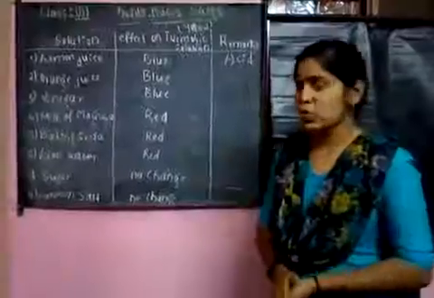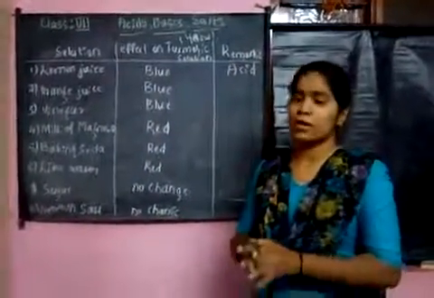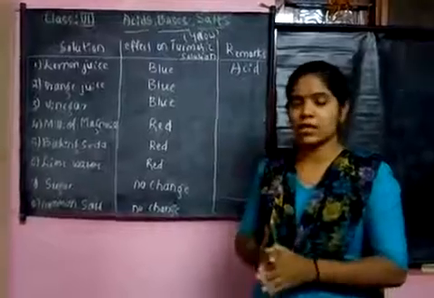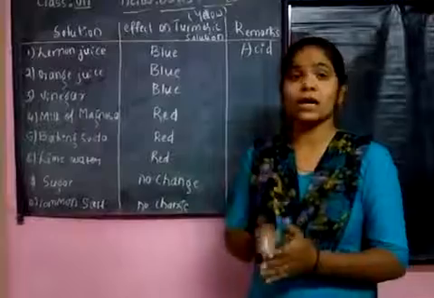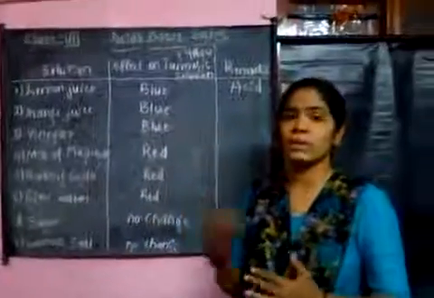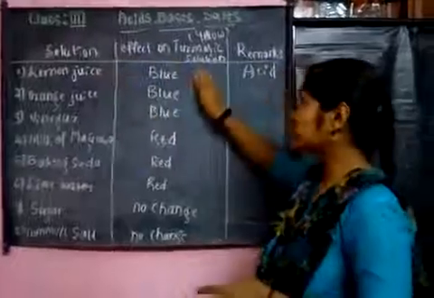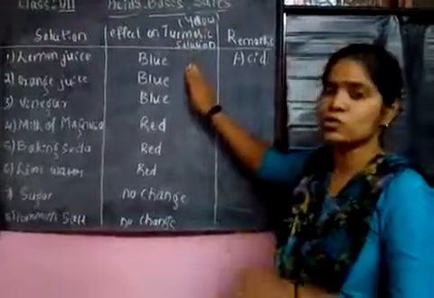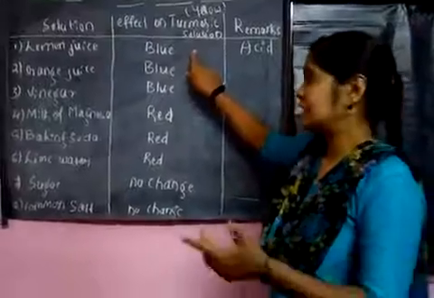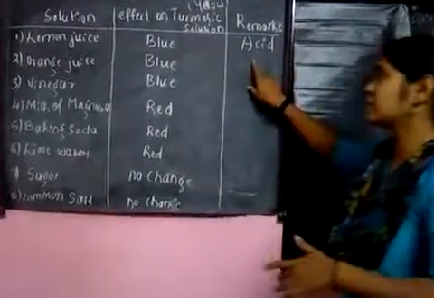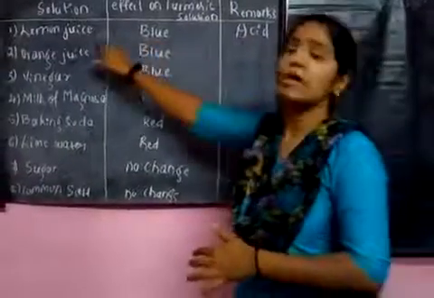So as I told, this lemon juice is initially a colorless solution. Initially the color of the lemon juice is colorless, meaning it does not have any particular color. So this colorless solution is mixed with the yellow turmeric solution. Then the color of this solution changes. Which color? It turns blue. Then we say that acidity is present in the lemon juice.